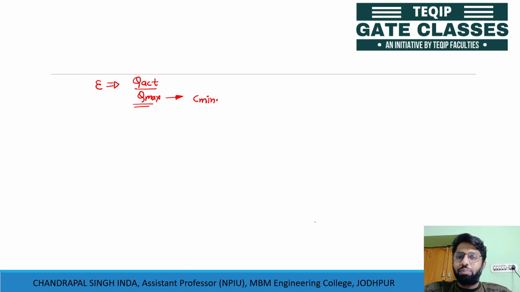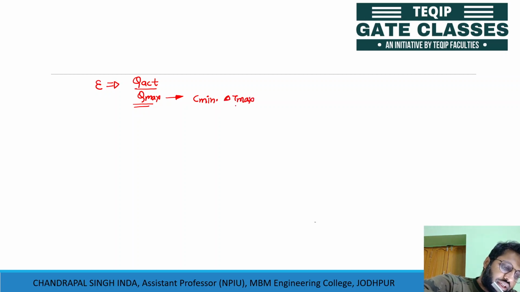The maximum temperature difference available in the heat exchanger is equal to the temperature difference between the hot and the cold fluid at the inlet. So the delta T max in the heat exchanger is equal to T hot inlet minus T cold inlet,